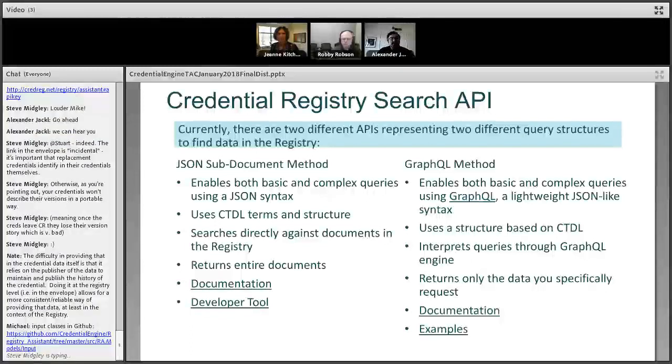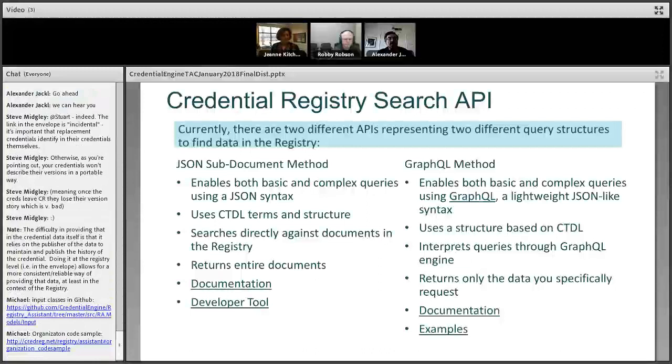A little bit, yeah. I may have to defer to Steve for some of this. So right now the registry offers two basic ways of getting at the data that's in it, other than directly accessing the records by their CTID. They boil down to being search APIs with a variety of options to them. So the first one